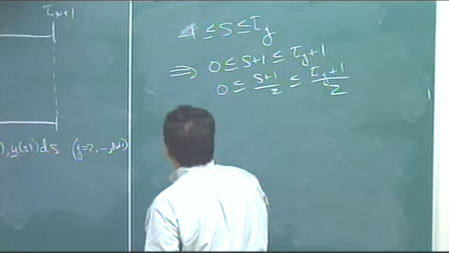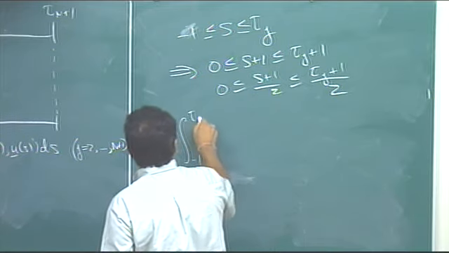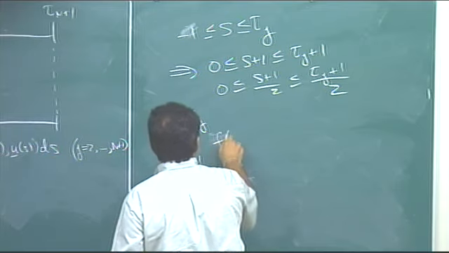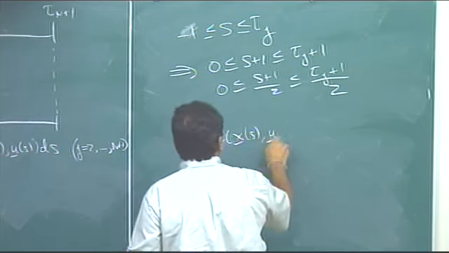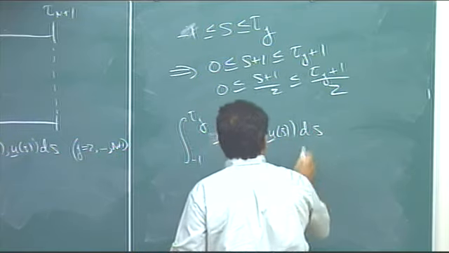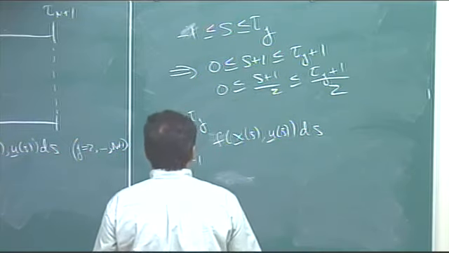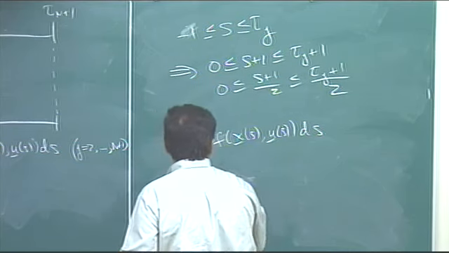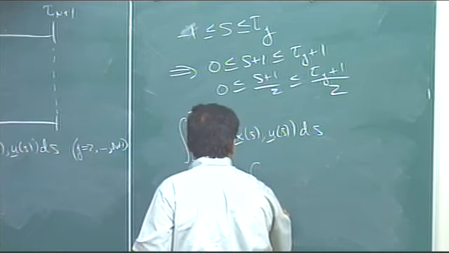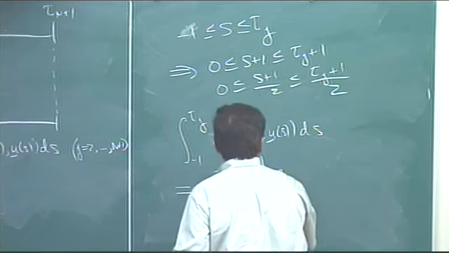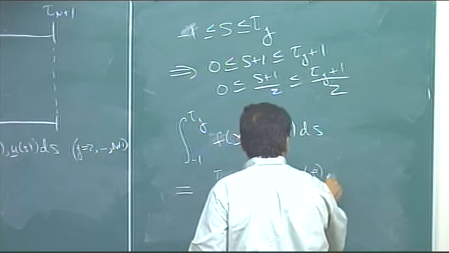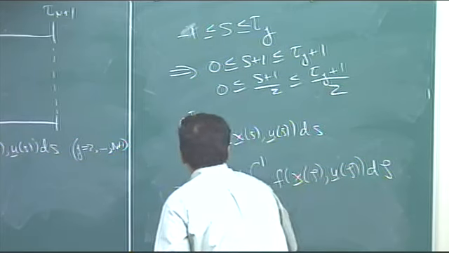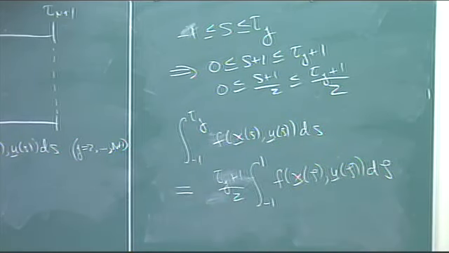So if I take the integral from -1 to tau j of f of x of s, u of s, ds, that's equal to, now I get a scale factor in front, which is tau j plus 1 over 2, the integral from -1 to +1 of f of x of zeta, u of zeta, d zeta. Let's just make sure that that is in fact correct. I'm still not 100% sure that's right, but